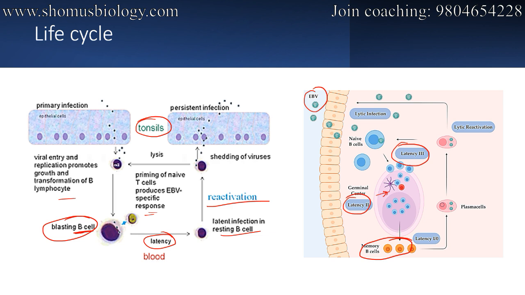So what they generally do, obviously, as I told you earlier, is replicate. They make their own genetic material, and using the host machinery they make more of the proteins encoded by their genome, and once the structural proteins are made, they package them and go outside. Here, how exactly they package and go out is not explained, because the more important thing about Epstein-Barr virus infection is to understand how exactly it infects and how exactly it evades our immune system,